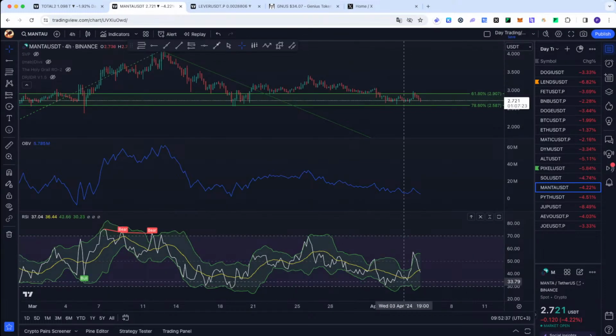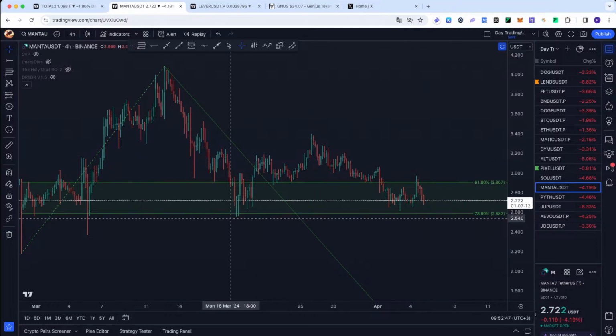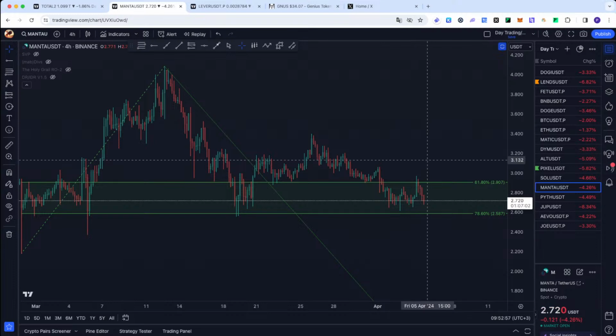Here we had something, but OBV is telling me to stay out. And I'll be honest, I see too many lows, too many equal lows. Let's call them equal lows. Too much liquidity here. We need to sweep that, and then we are good to go. Not there yet. Let's just call it that way.